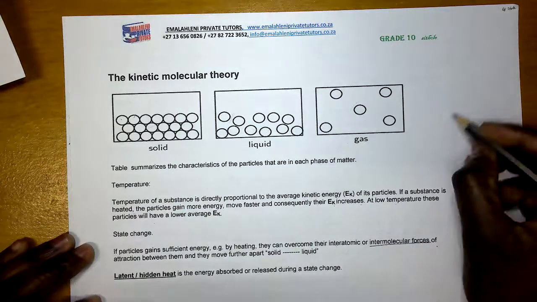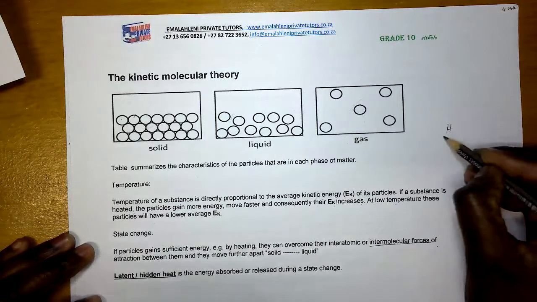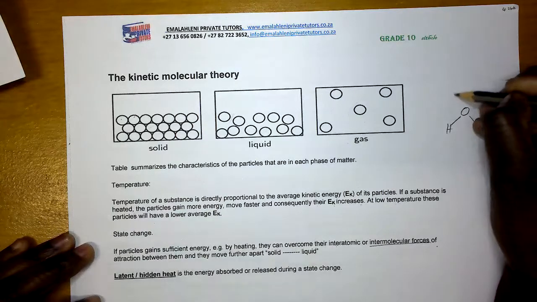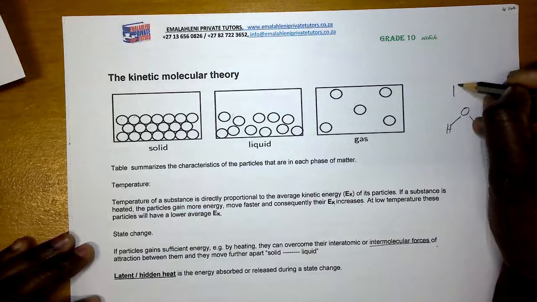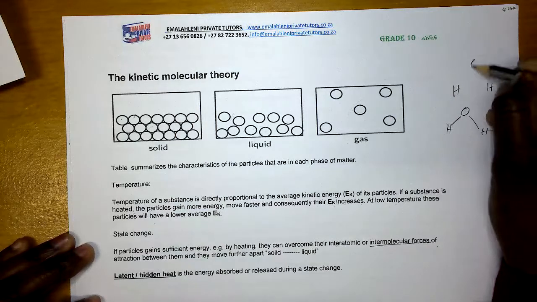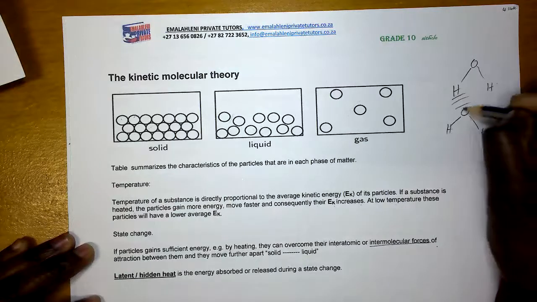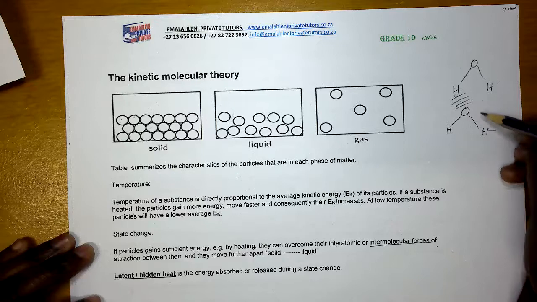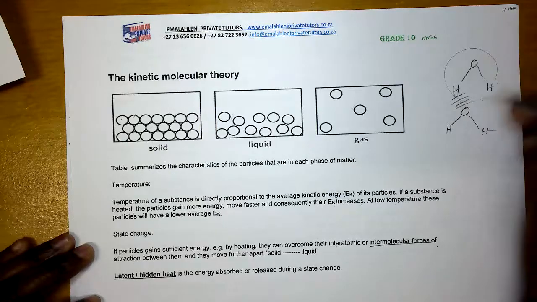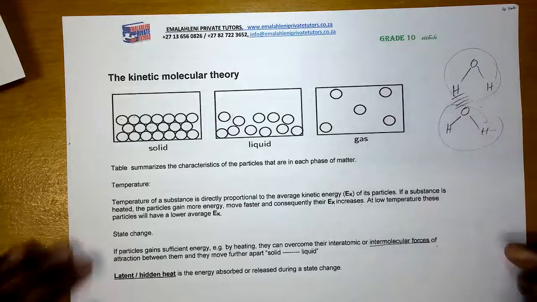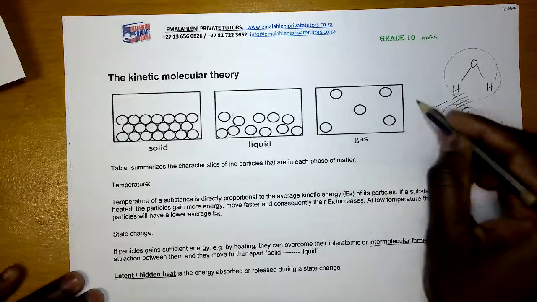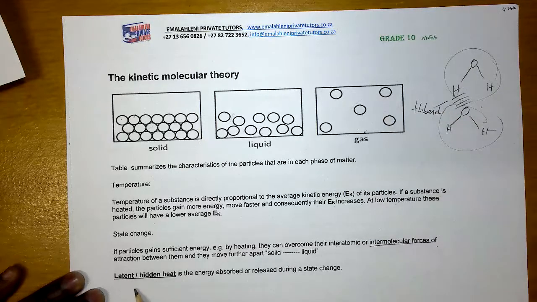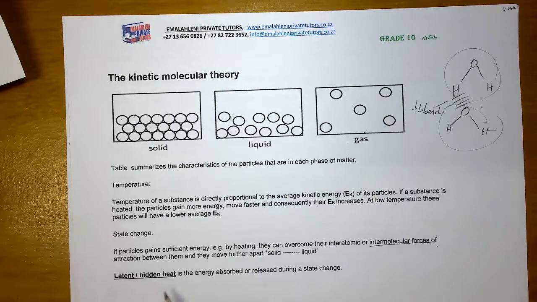So we've got a water molecule here. Let's say we know that it's H2O, and it's connected to another H2O. Here what we have is called a hydrogen bond. It breaks with time, when you continue to increase the temperature. Then you have separate water molecules. That's what you're seeing in the gaseous phase. Now, what we refer to as latent heat, or hidden heat, is the